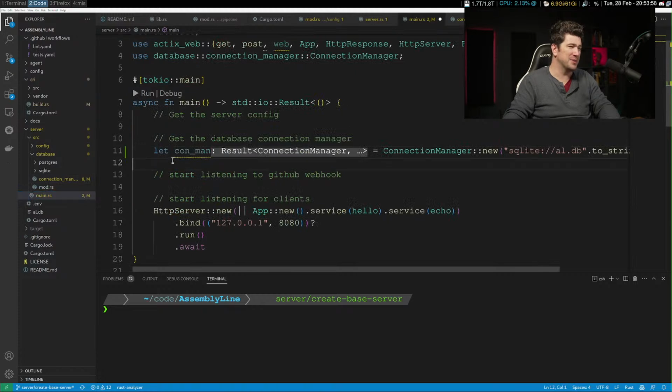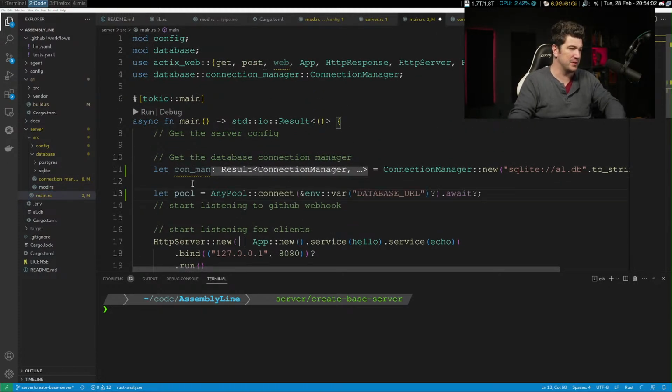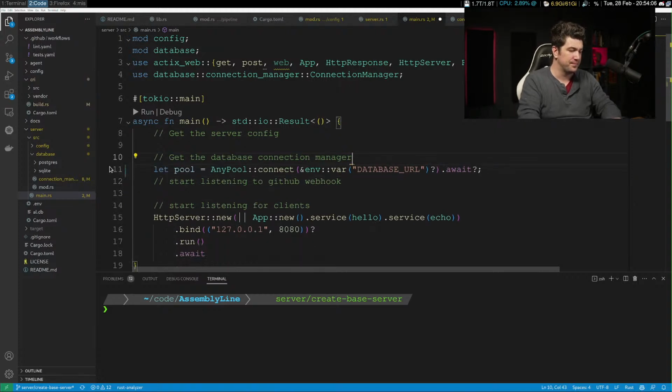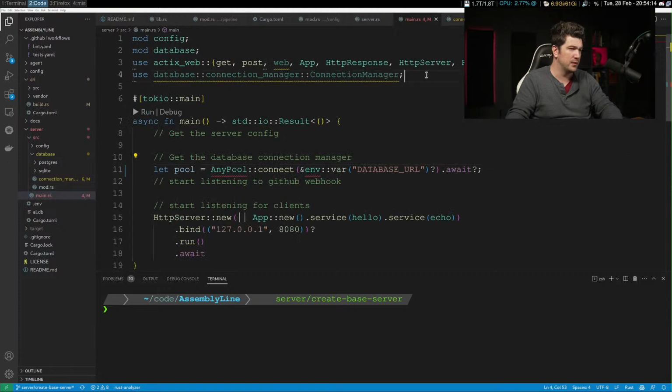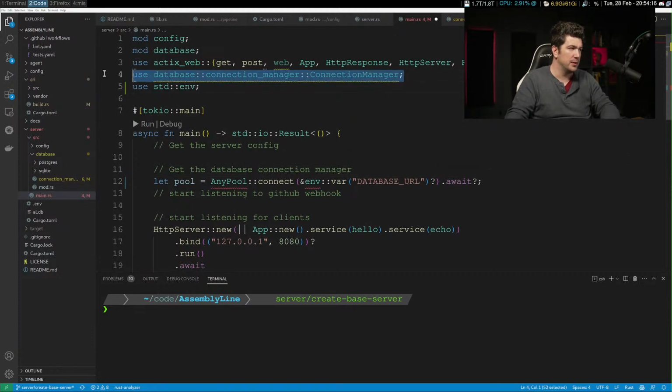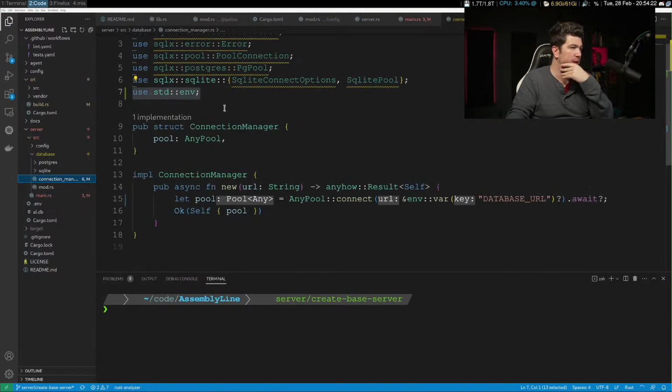Maybe we'll still have a connection manager of some type, but for right now, just testing. I'm gonna throw this out, and we're just gonna do it in here. We'll need to grab this over as well. Delete this. Oh, we need any pool.